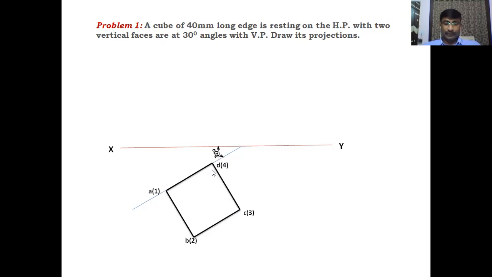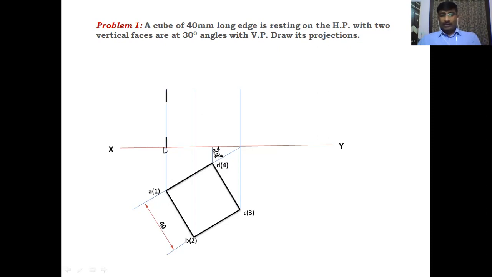Okay, after getting the points, given the dimensions, the side is 40 mm. Draw the vertical projectors from A of 1, B of 2, C of 3 and D of 4. Draw the vertical projectors up to the xy line and extend up to the xy line. This length must be equal to 40 because a cube looks the same size from any side. From looking from any side, every side length is 40 mm itself.